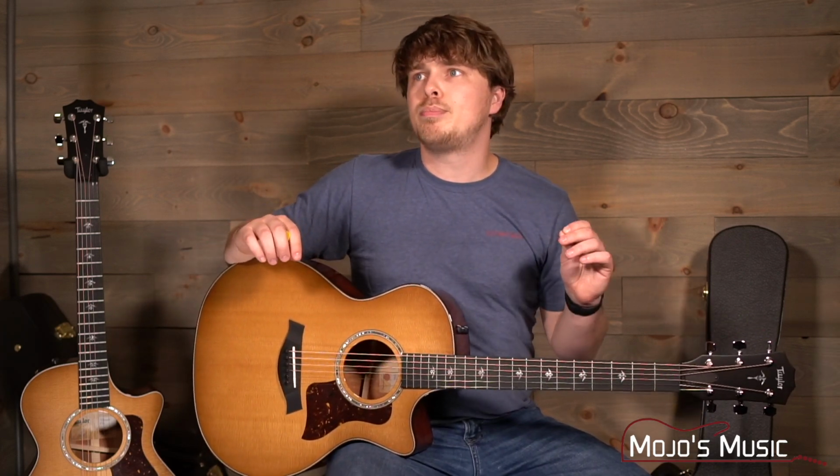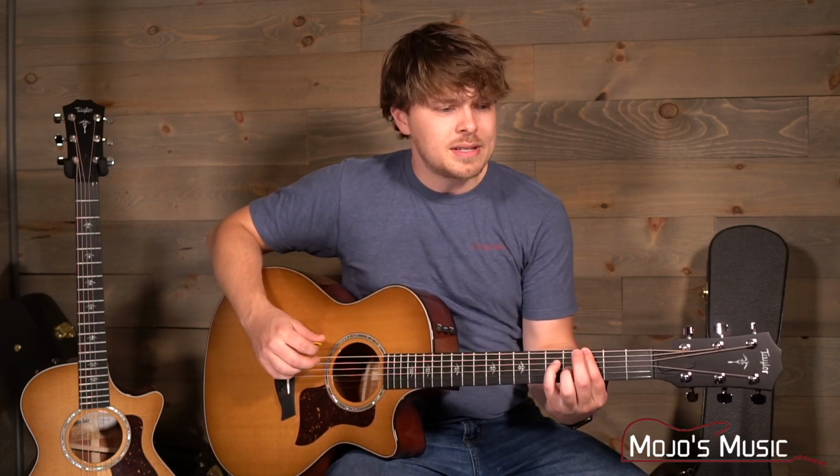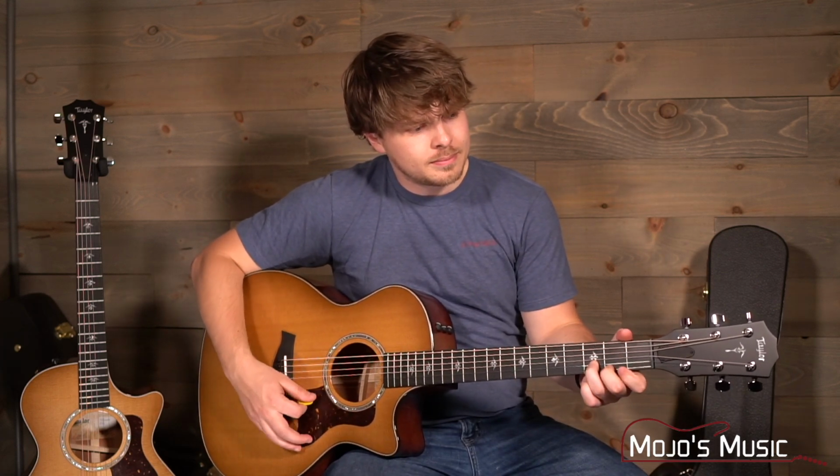It's got the nice, full-bodied sound of rosewood, though not quite as particular. Rosewood tends to be really nuanced in its sound, and this has some of that mahogany resemblance in it, in that the sound is a little more dry to my ear. But the high end as well